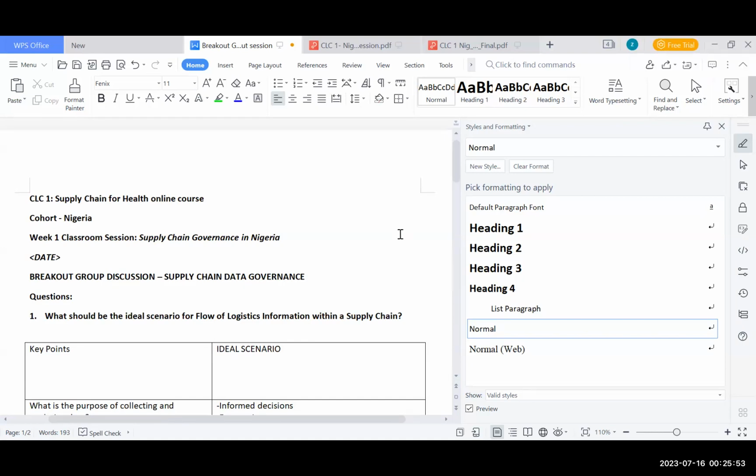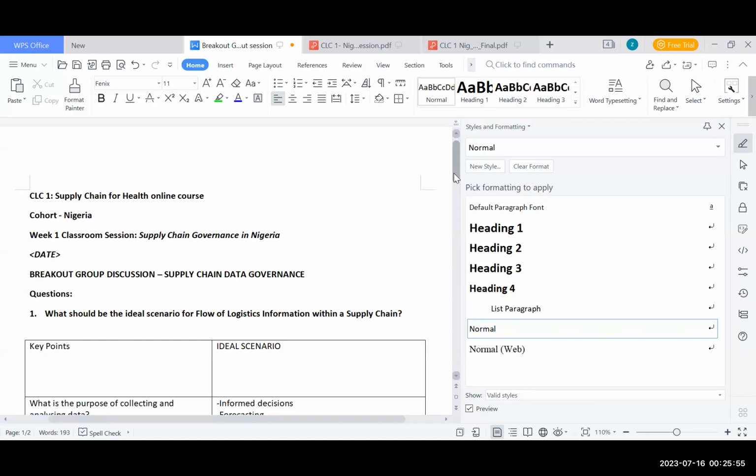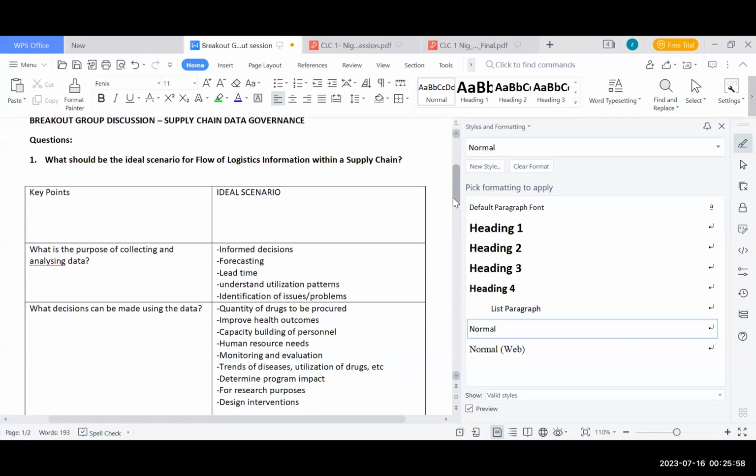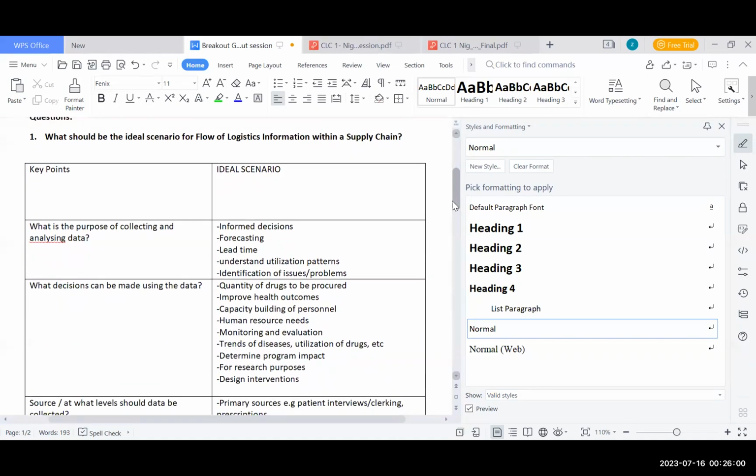All right, thank you so much, Sanjay. We had a robust discussion in the group and we came up with the following input. So for the first key point, the purpose of collecting and analyzing data, we agree that we collect and analyze data to be able to make informed decisions, make forecasting regarding drugs and other commodities. We know the lead time because in hospitals and other service delivery points, you need a very good lead time to be able to supply drugs. So you need to understand what the lead time is for you to be able to